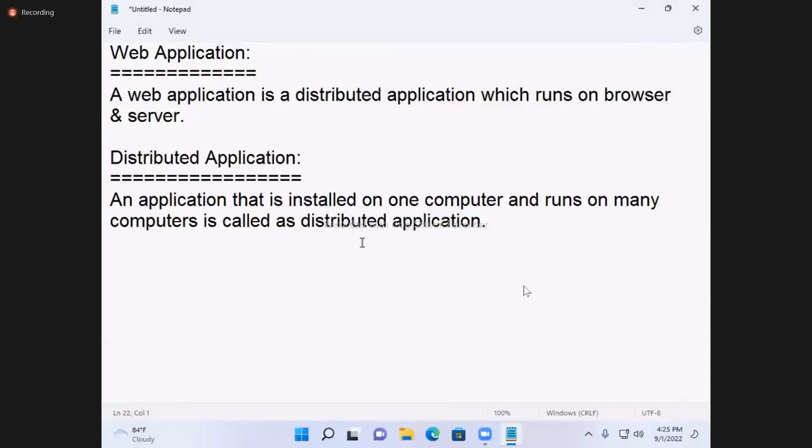That type of application is a distributed application. Google is not installed here, Facebook is not installed here, but you can access them. They are installed on systems in the USA, but you can access them here also. That is called a distributed application.